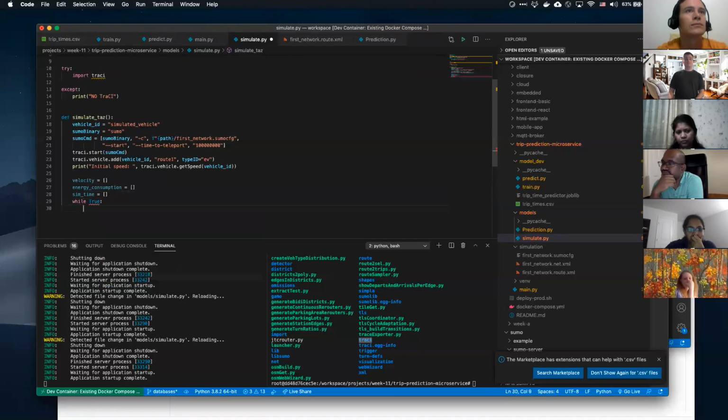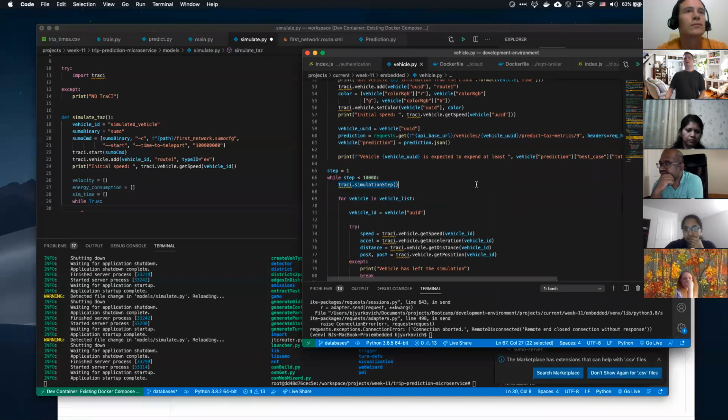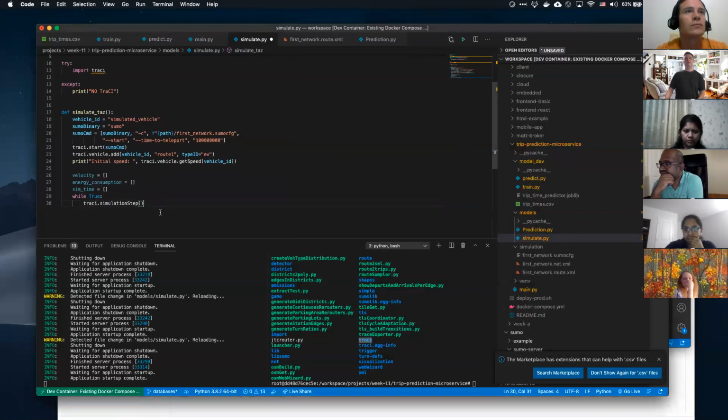And then here's our simulation. While true, we're going to copy and paste that traci.simulateStep right here. We only need one vehicle, so we don't have to have all that different logic in there. Then sim time is equal to sim time plus 1, so we're just going to add it. The reason we can do that is because Sumo has a delta t, basically a resolution, of 1 second. It goes at 1 hertz. Once a second, it's going to do simulation time. You can change that, but for our purposes, we know it's a second, so we can just keep adding 1 second on. And we know that that's the quasi-real time, or our ideal time, of what we expect the trip in the real world to take.